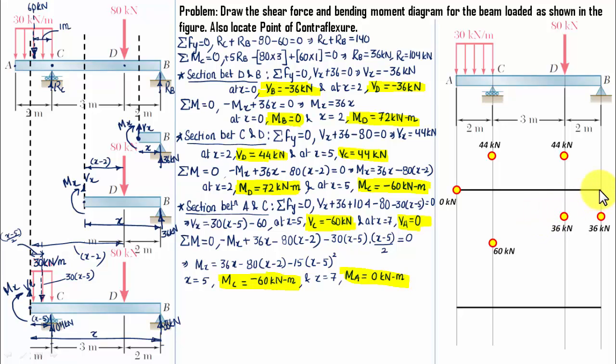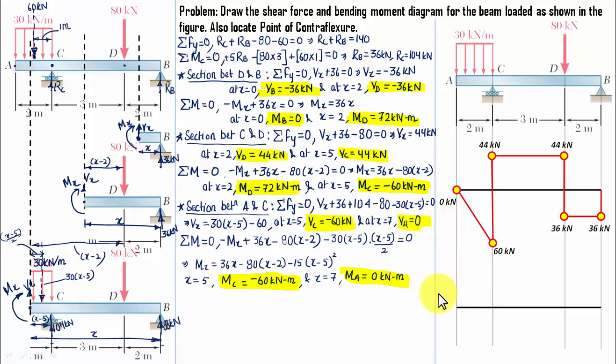We are going to start from here. Line, line, line, line again, and you can clearly see that here shear force was independent of X. Here also shear force was independent of X. Let me show you where. Here also. That is why a constant line, and then from 44 to 60, and then finally from 0 to 60. From 0 to 60 you can clearly see the value of shear force. This shear force is sort of an equation of a line, and therefore this is how you need to plot it. All right,